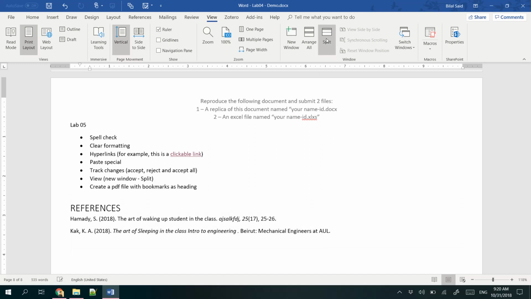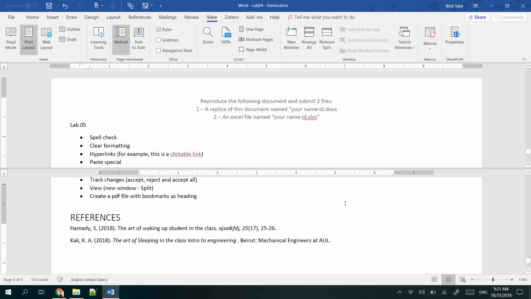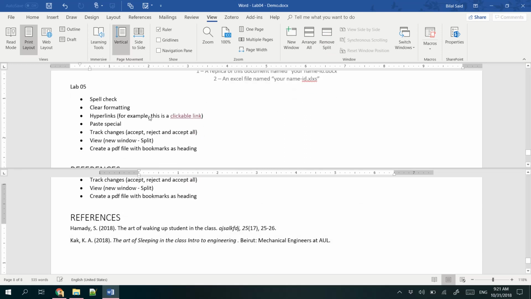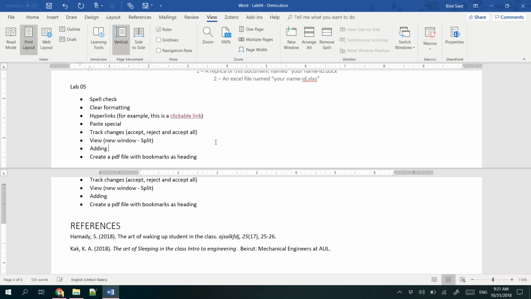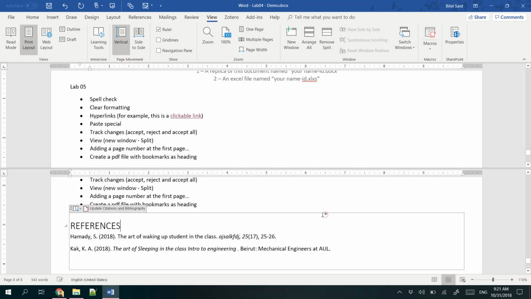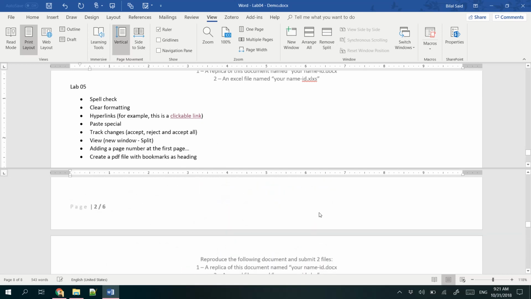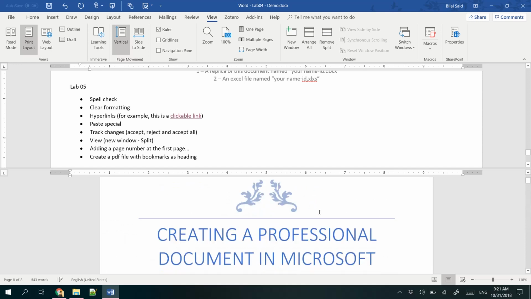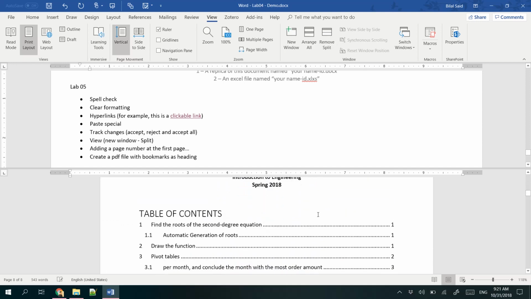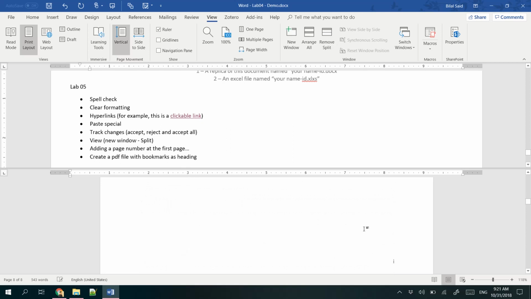So I can ask Word to split the window so that I can, for example, if I'm typing here, adding a page number at the first page, but I want to really see how the first pages are numbered. So I can switch on the split view of my document, say this one here on the bottom, and